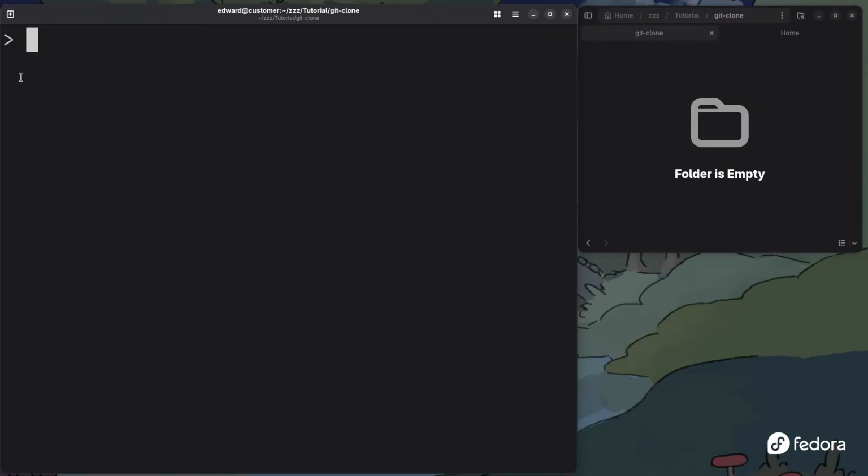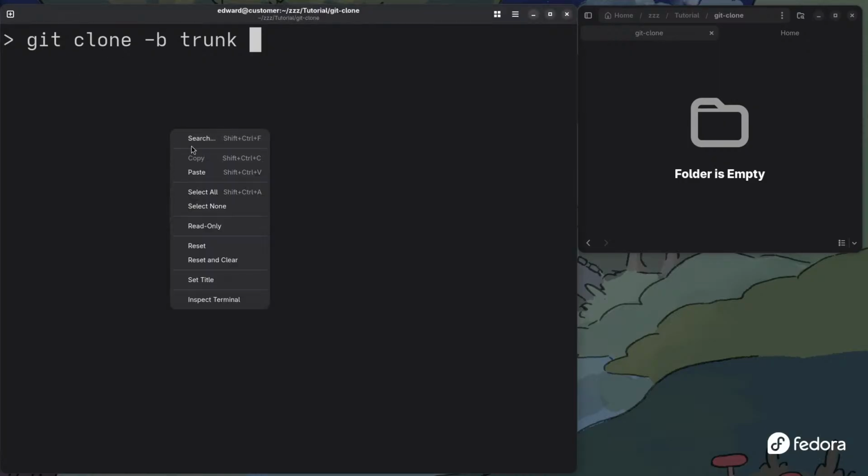We're going to clone the WordPress secure custom fields. So git clone -b and then trunk. Remember, the trunk is the actual branch that we want, and then the URL. So I'm going to copy the URL here just so I don't make a mistake. So I keep paste,